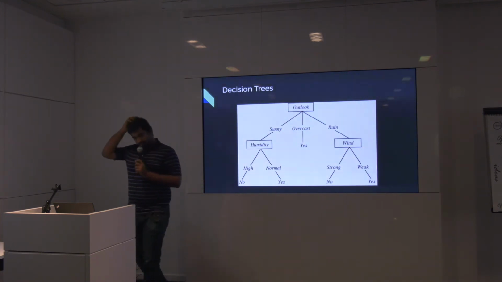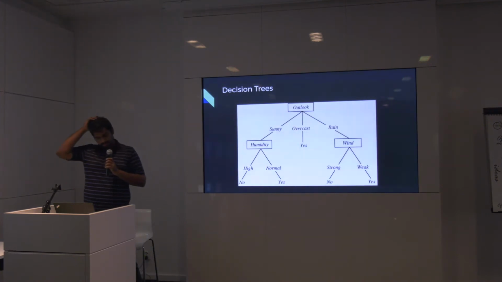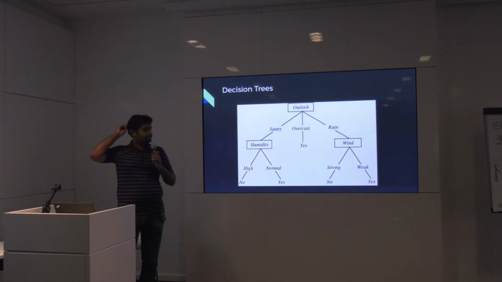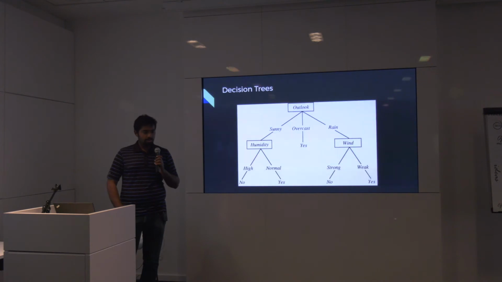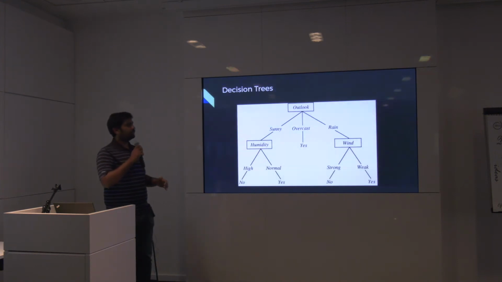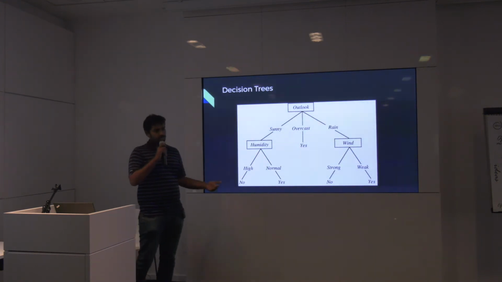So decision trees have been around since I think 1970s, and they work really well for things like credit card fraud detection, things like whether given a person who comes and applies for a loan, do we want to give him a loan or not, things like that. And these have been used widely in the financial sector, and they work really well. And the best part about this is that these models are interpretable.